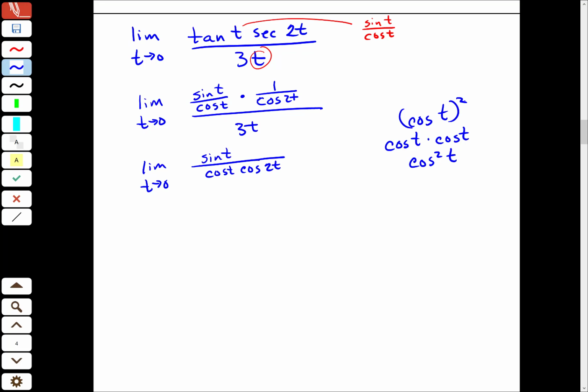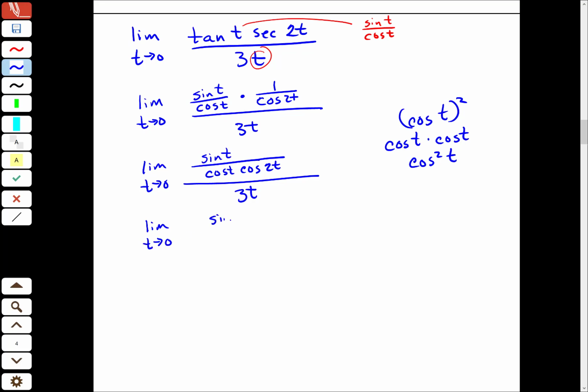You have two copies of the exact same thing. But that is not what I have here. I have one copy of cosine t and one copy of cosine 2t. And there's not really a way to combine them. Oh, I forgot, I still have this big denominator, right? Now this complex fraction, I'm going to say most of the time, especially once you get used to it,